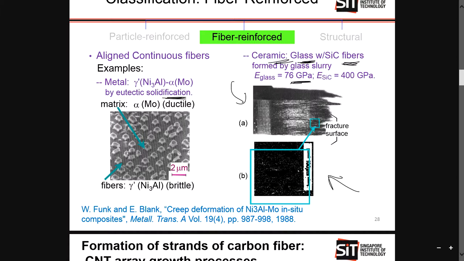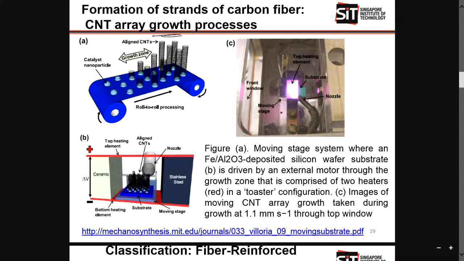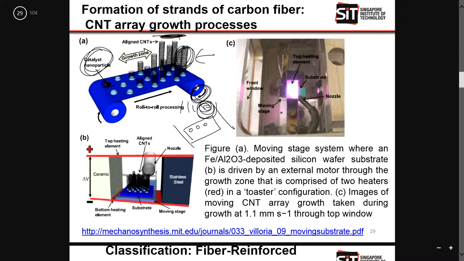Over here, as the name suggests, you grow your fibers. So you have your catalyst nanoparticles. You place it over here, it will grow in the end, and then it becomes this. It becomes bigger and bigger. So this is your roller. You roll, and each piece will have your particle, and once you roll to a certain stage, this is the light. You shine the light, and this thing will grow, and after it finishes growing,